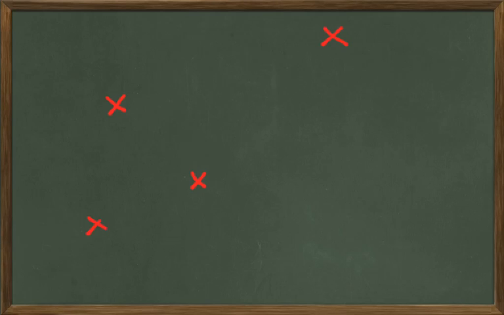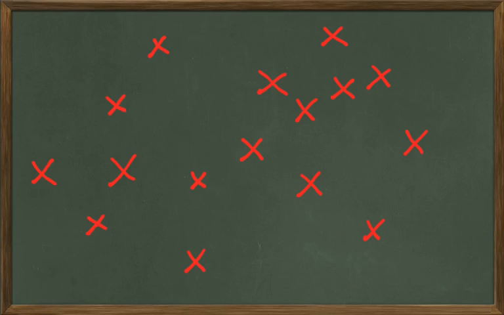3, 4, 5, 6, 7, 8, 9, 10, 11, 12, 13, 14, 15, 16, 17, 18, 19, 20, 21, 22, 23, 24, 25, 26, 27, 28, 29, 30,